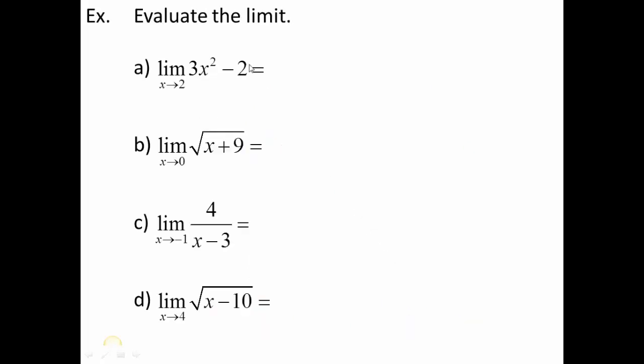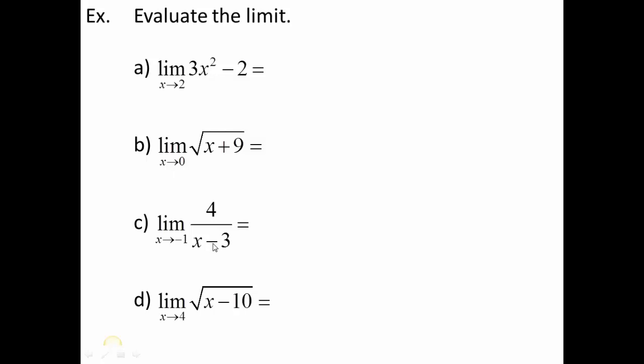So let's look at what I mean by that. Notice what we have here. We have a polynomial, we have a radical function, a rational function. All of these are considered continuous functions over their domain. Polynomials are smooth and continuous, radicals are smooth and continuous, rational functions are smooth and continuous, as long as you are within their domain. For example, this rational function at x equals 3, we'd have something crazy going on. But for any other number other than x equals 3, it's smooth and continuous.